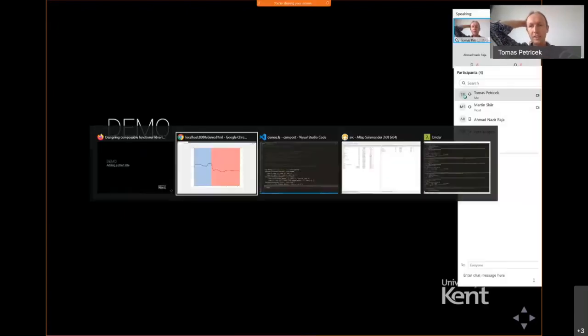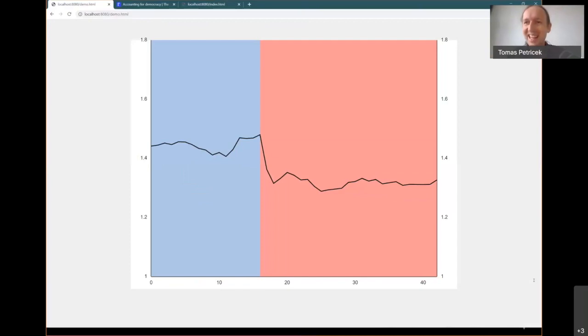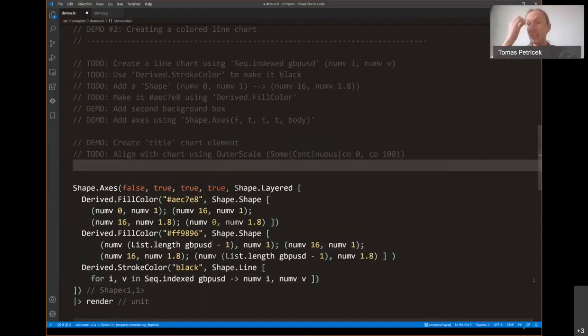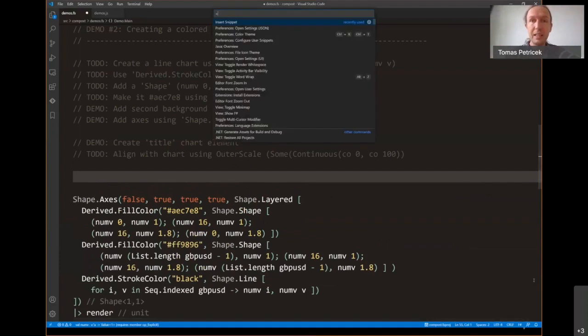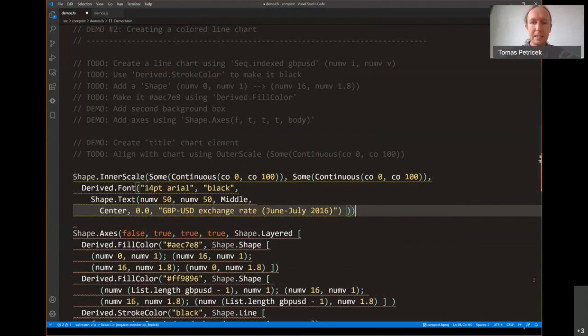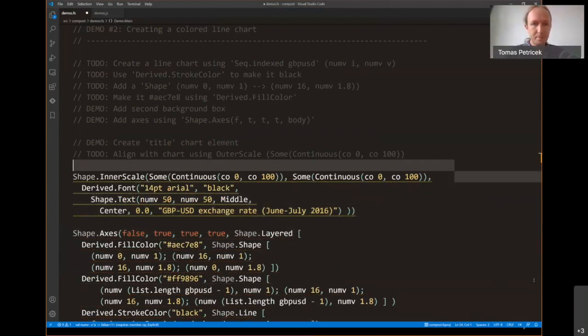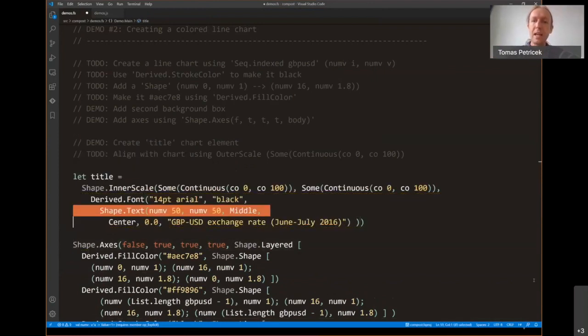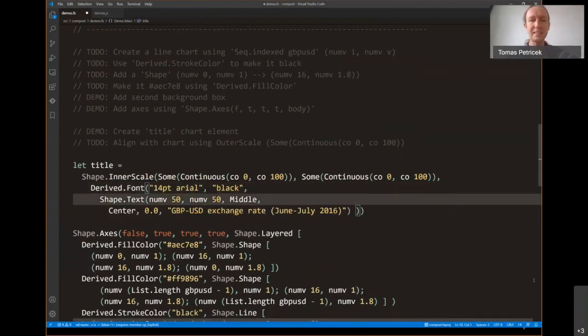So the next thing I want to do is to add a title to the chart. That's quite a useful thing to have for charts, and I didn't tell you how to do this yet. And the fact is, I don't really need to have anything primitive for titles. I can create a title just by saying shape.text, and this creates a title. And here I'm sort of saying where to put this. Now this is where it gets interesting,